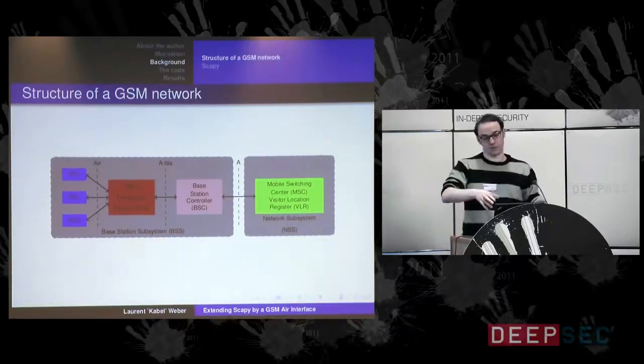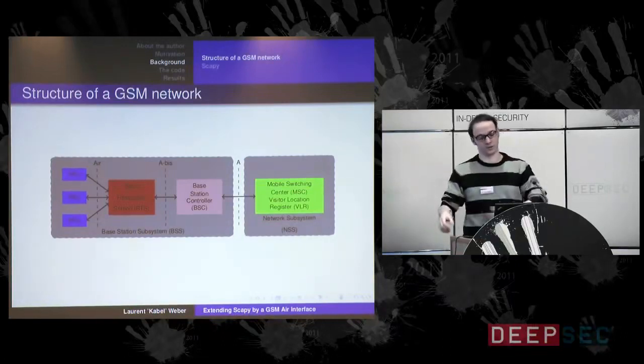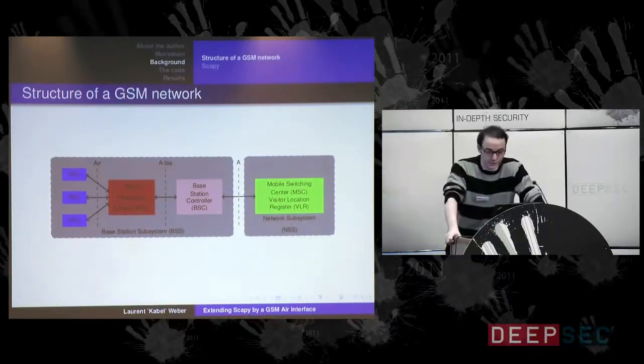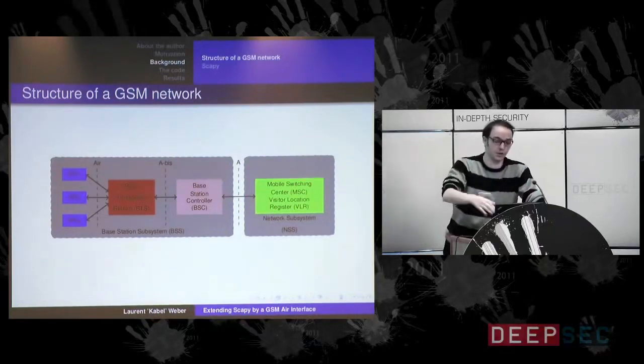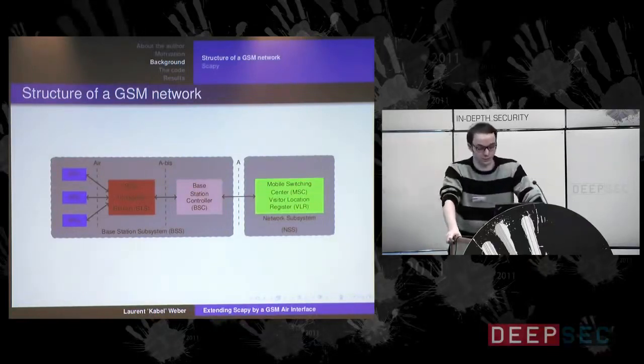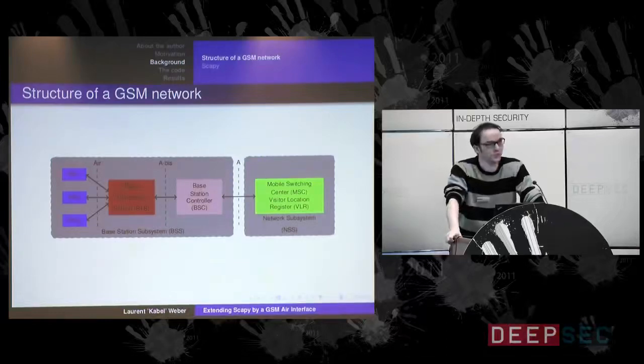And the base transceiver station is connected over an A-bis interface to a base station controller. And finally, an A interface is connecting that part to a mobile switching center or visitor location register.